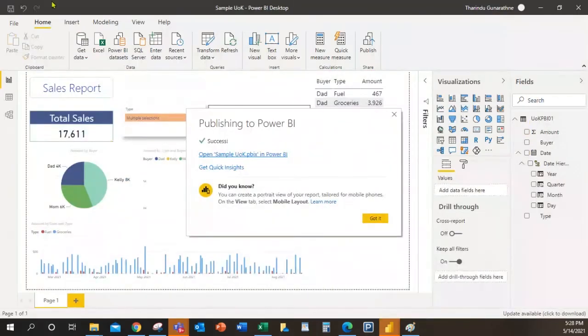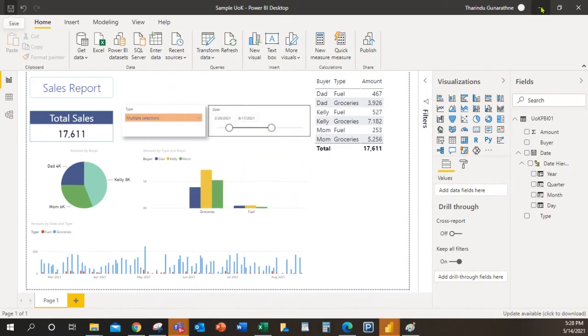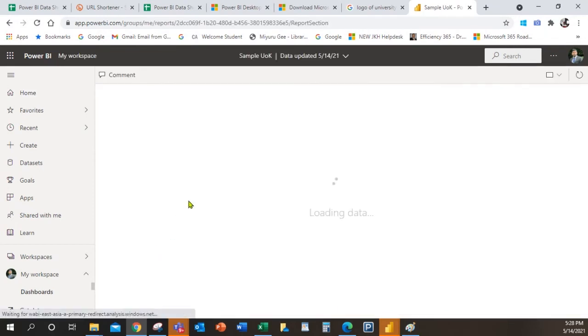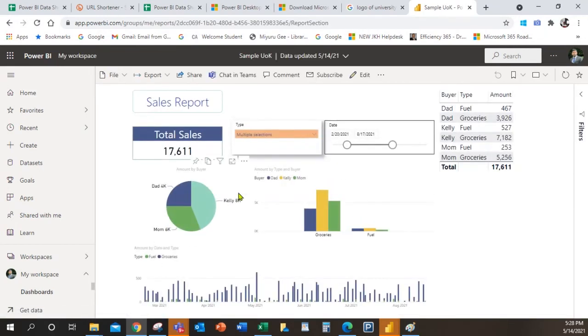Name is sample UOK. Now this is the report which I already published. Four minutes ago, I opened that report. So this is the report.